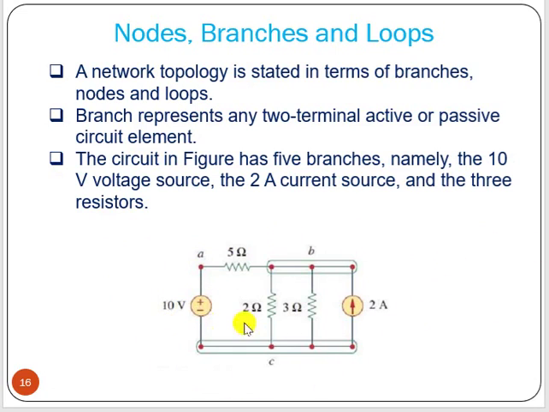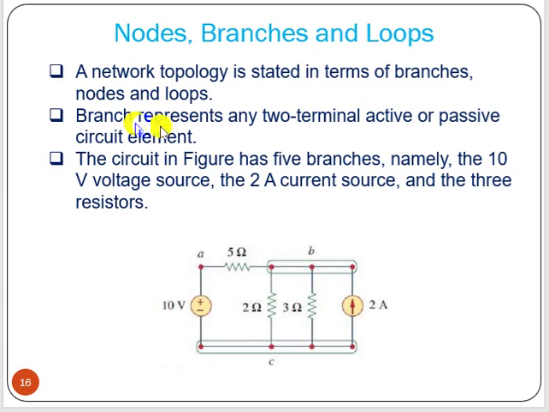This is a circuit. Now here what we can see, we have a voltage source, we have three resistors and a current source. And these voltage and current sources are what type? Ideal independent, because the symbol is circle, so it is independent and there is no internal resistance showing here, so we can say ideal.